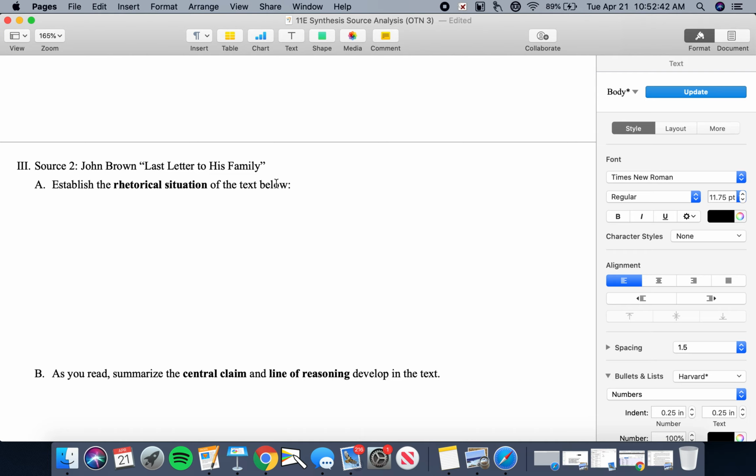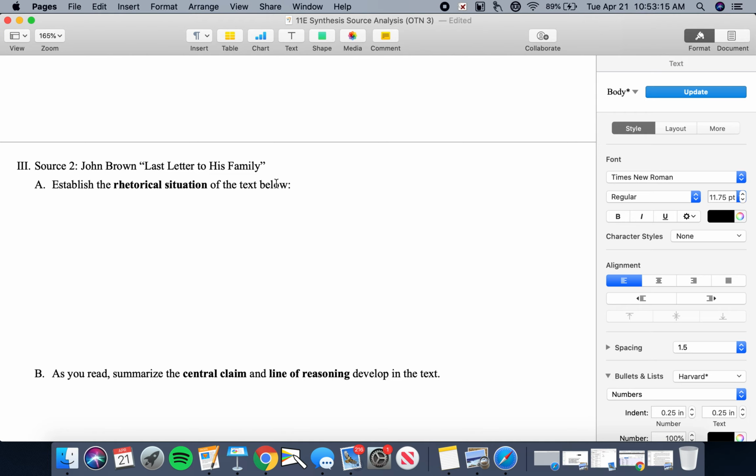You can work on your essay if you want to. You can finish up your progress check if you want to. You can work ahead in these source packets if you want to. All right, but as usual, we're going to be spending a few days working through these sources. I'm going to be assigning the work, sort of generally directing your thoughts like I just did. And then we'll be drawing some conclusions together in your outlines. All right, that's kind of the flow of the class for this unit.